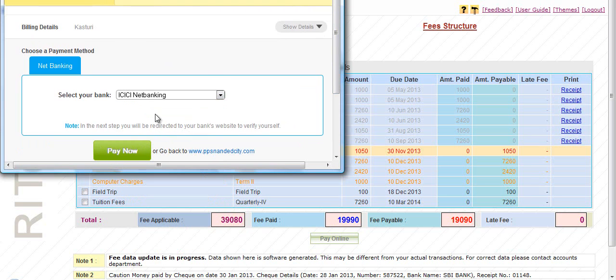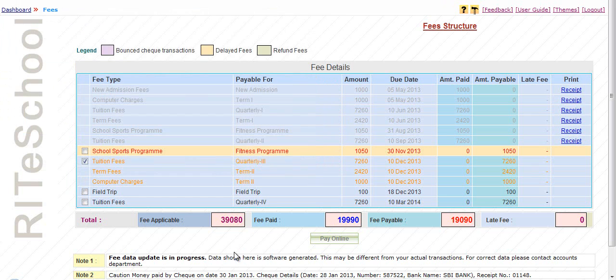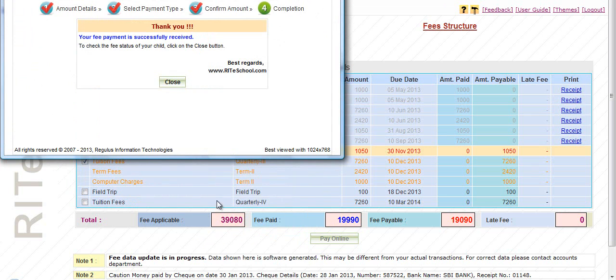This will redirect the user to the bank site. After completing the payment process, the user will be redirected to the fourth step, that is the completion step. This will indicate that your fee payment is successfully received.